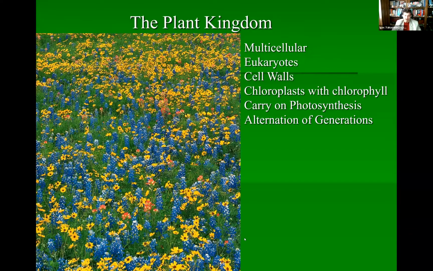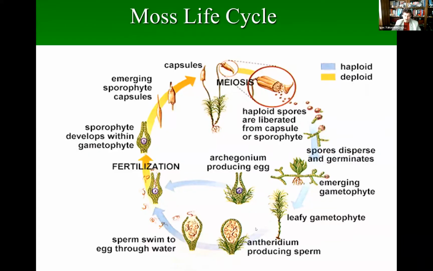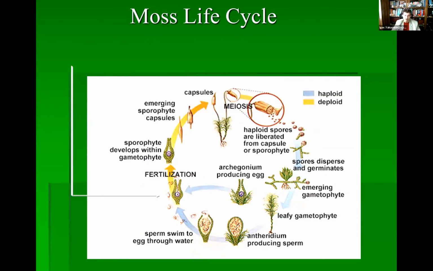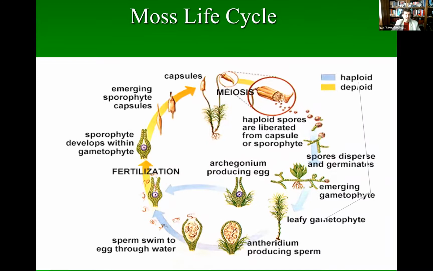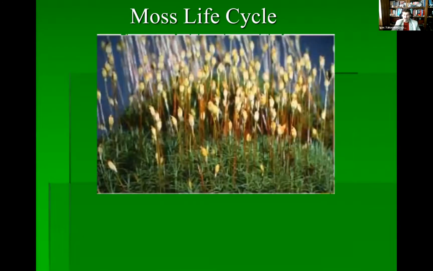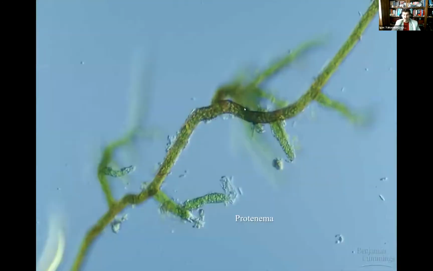fertilization, the life cycle. Always remember the alternation of generations. The diploid one produces spores. Spores are always haploid, and the spores will produce the haploid, or gametophyte, generation, which will produce gametes. So it will go over and over again in all of the plants. All of the plants have that particular thing.